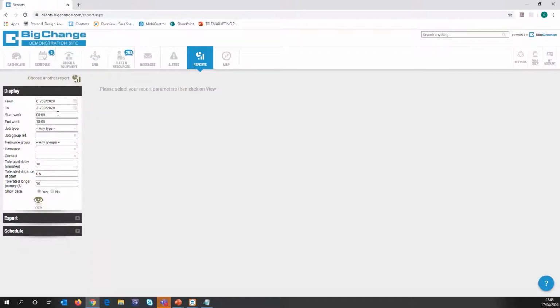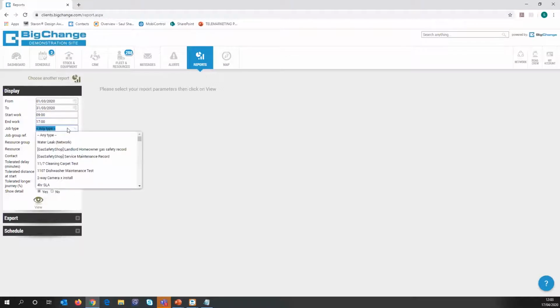We've got the options in here for start work and end work on this report. It's really important for this report that you make that as accurate as possible, because this is going to basically determine the data in the report and how many hours it's being run for. Obviously, if you've got a job response time report, you're going to need to put your working hours in there accurately. So if we choose 9 till 5,